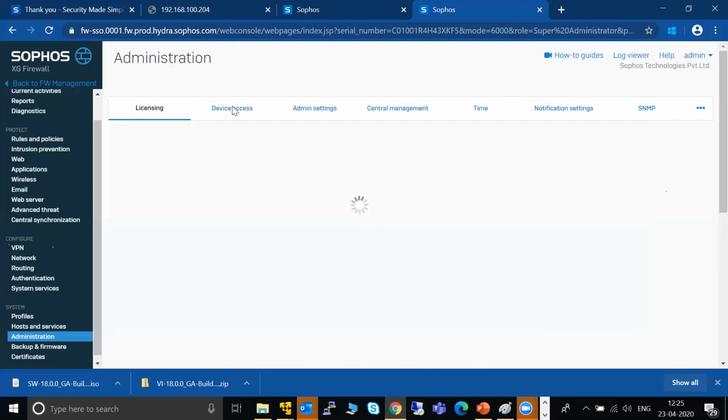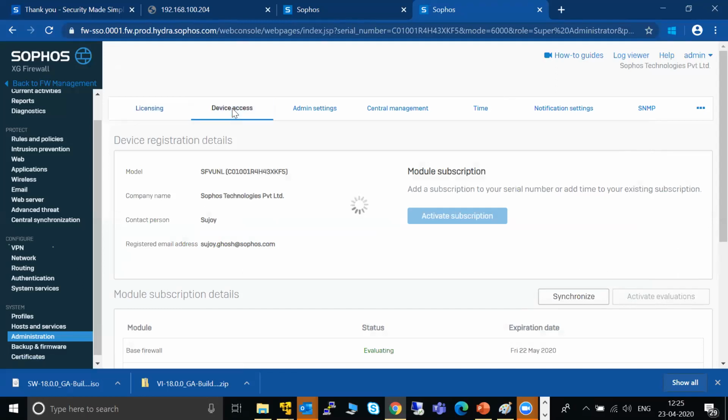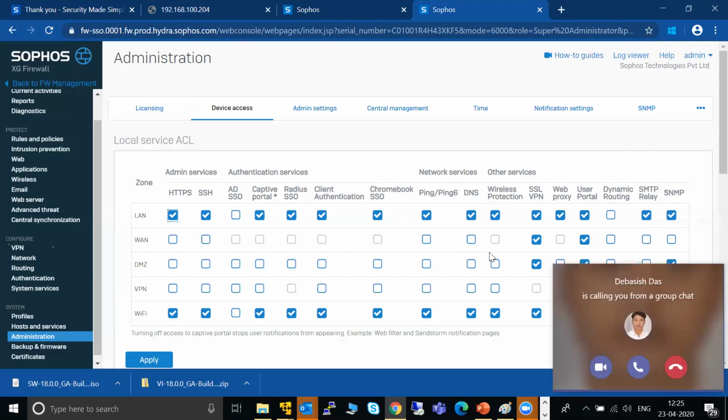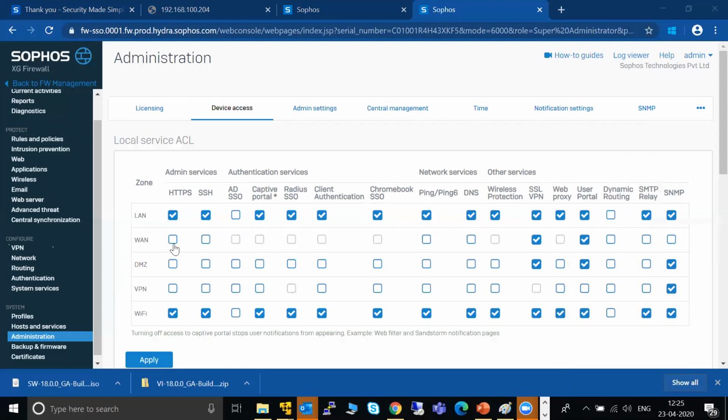If you wanted to have access, you simply, you're not using anything. See, there's nothing. Nothing is accessible here. So I did not click on any WAN connectivity. Still, I'm connected to my firewall.